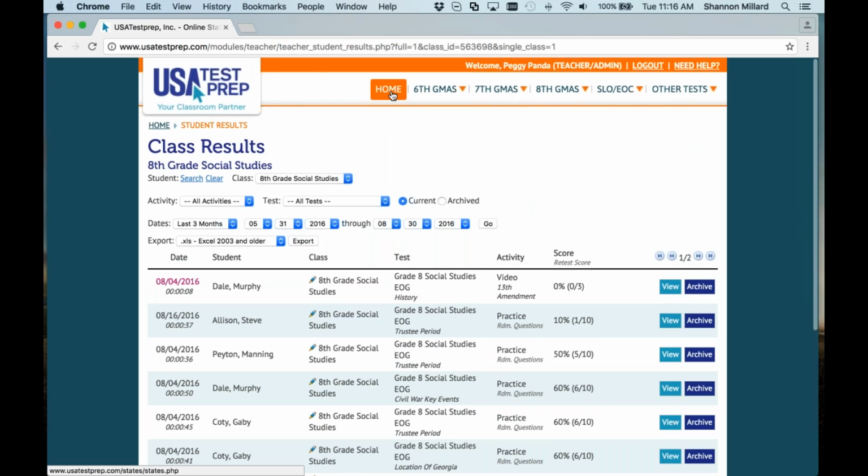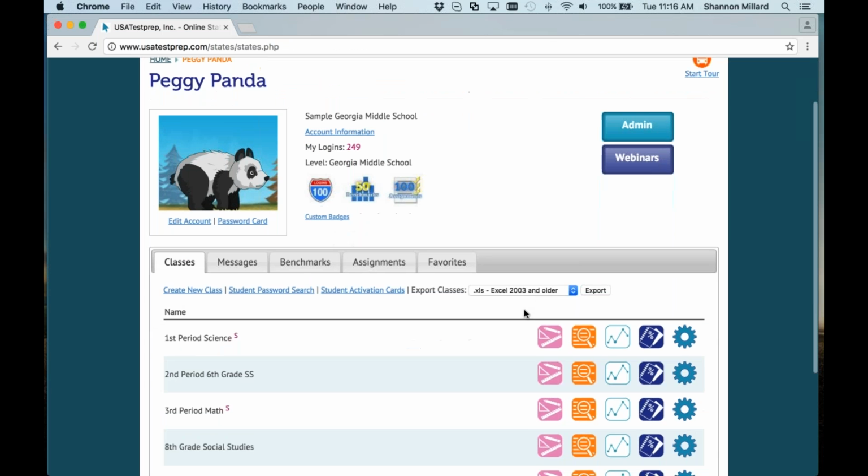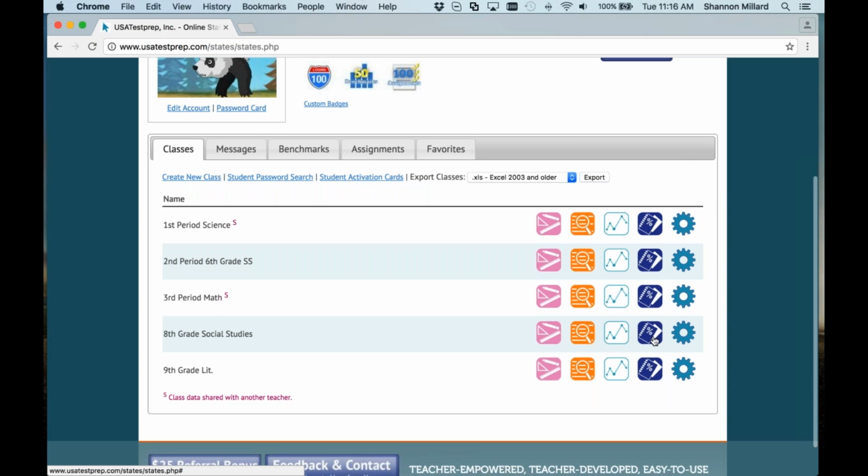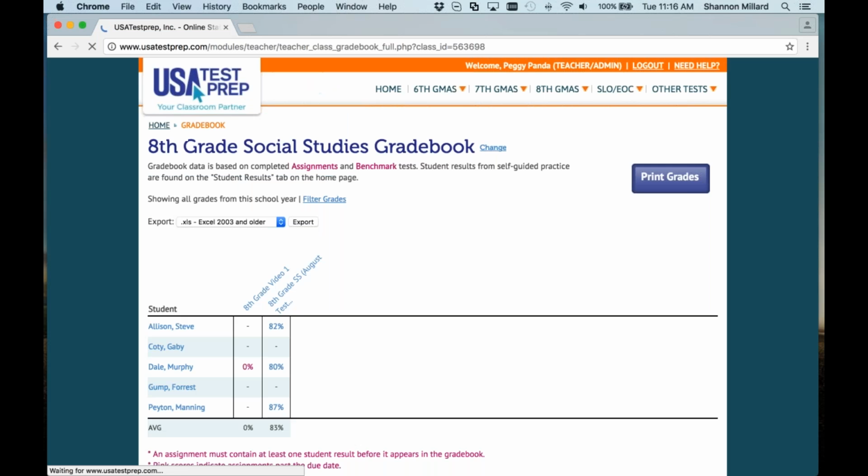Now, in addition to class results, the two that I think are most helpful are the class gradebook, which is going to be this dark blue icon. And if you hover over the icons, by the way, you'll get a brief little description for what it is. And if I go to the gradebook,